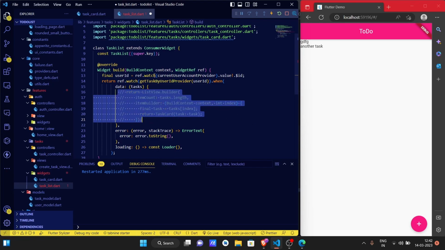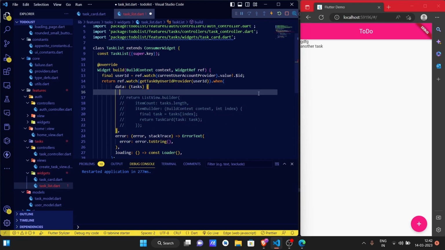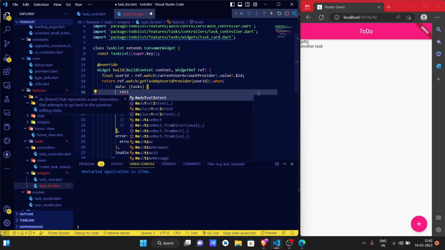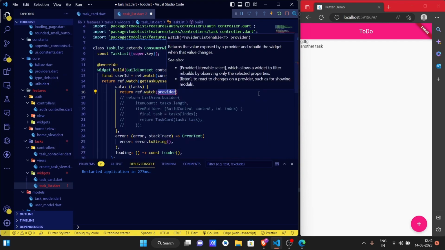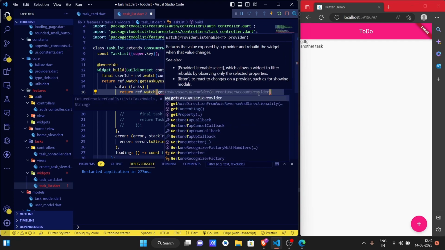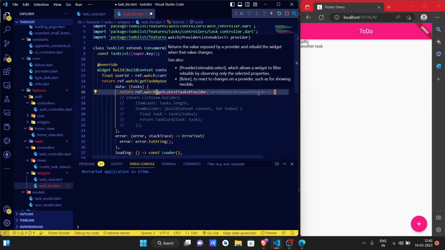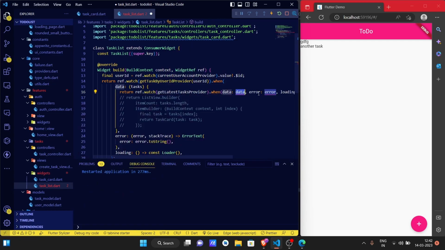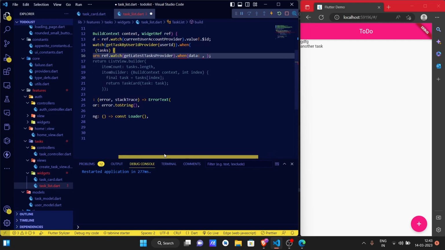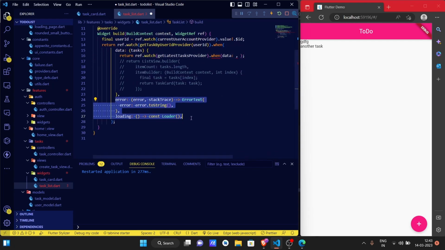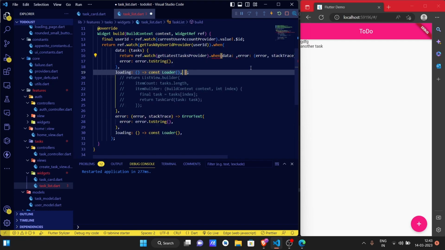let's just comment all of these, and when tasks equals to tasks, we are going to return ref dot watch, and it is going to be get latest task provider, and it is going to have dot when data. Again, this is just to remove all of these error loading everything, and copy the loader, paste,